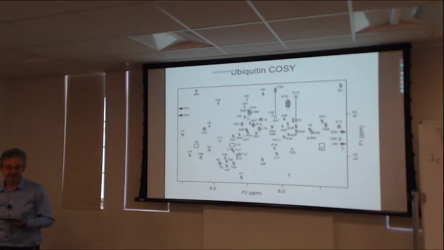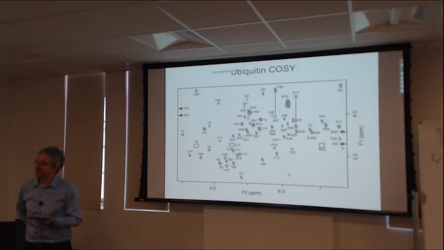So Ray Freeman, who was one of the pioneers of NMR, was famous both for jokes that would get him in trouble today, but also for aphorisms. So one of his aphorisms was, the 2D experiment is not always the best experiment to run, but it's always the best way to think about it. And that's because of this mapping of the Hamiltonian